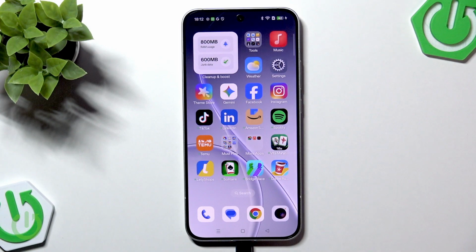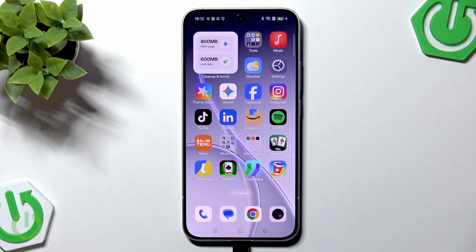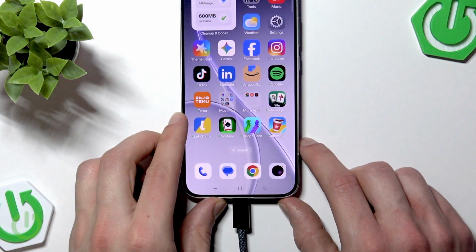First of all, you're going to have to download and install the OPPO Connect application on your PC, and then connect your smartphone to your computer. It's a pretty fast and easy process, and we also have a separate video on our channel if you'd like to know more about it and have a step-by-step guide on how to connect your smartphone to your PC using the OPPO Connect application. And once you have finished setting up the connection, either the wireless one or using the USB cable, like in my case,